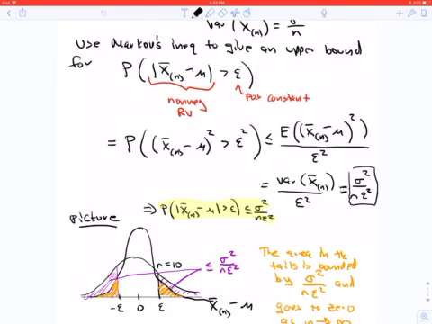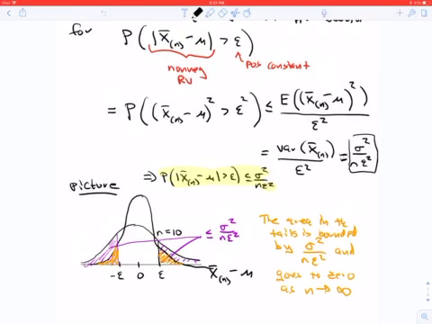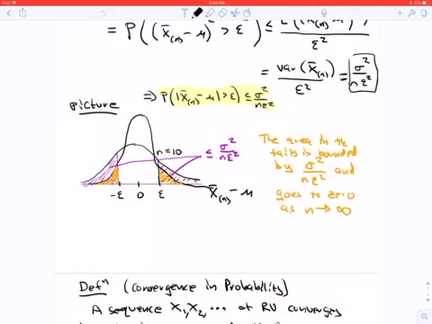Notice that the absolute value is a non-negative random variable, and epsilon is some positive constant. So we should be able to apply Markov, but we're going to rewrite the event by squaring both sides, which doesn't change the probability. And then by Markov, we see that this is just sigma squared over n epsilon squared,